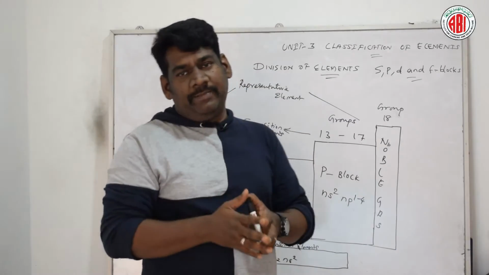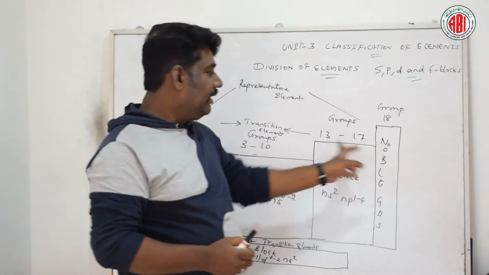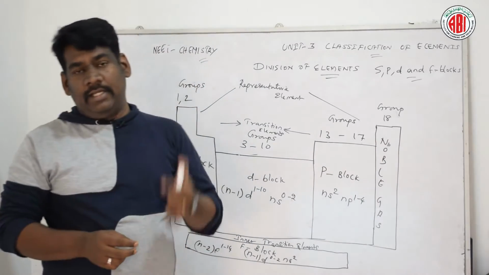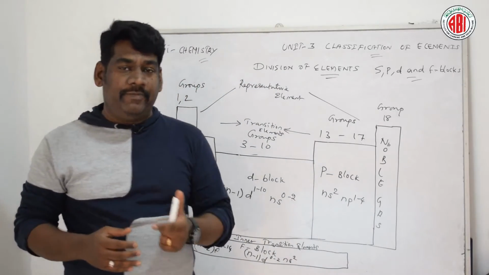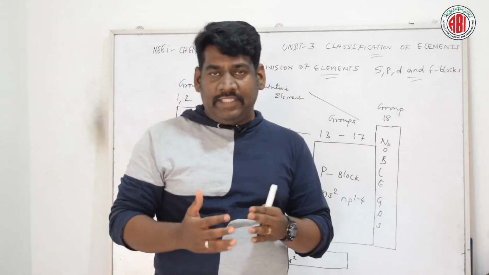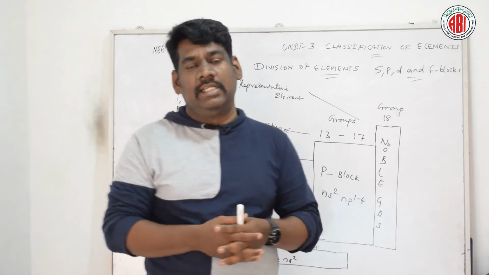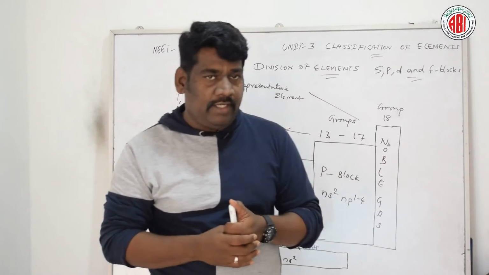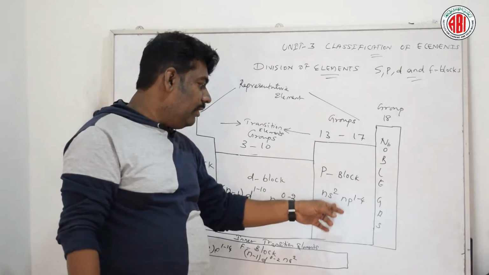These elements belong to groups 13 to 18, and these groups are called the P block elements. Here the configuration involves ns2 np1; if two electrons are added, it forms ns2 np2. If three are added, it is considered ns2 np3, and so on till 6. The general electronic configuration of the P block elements is written as ns2 np.